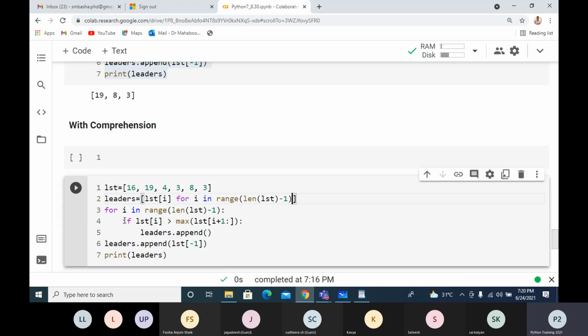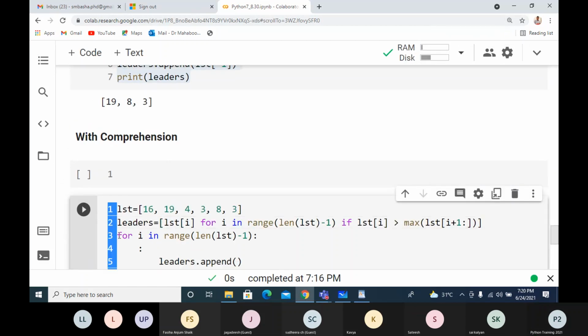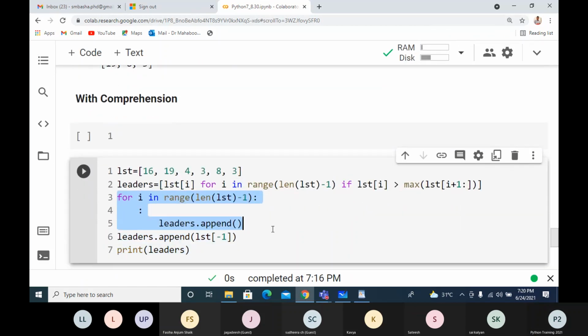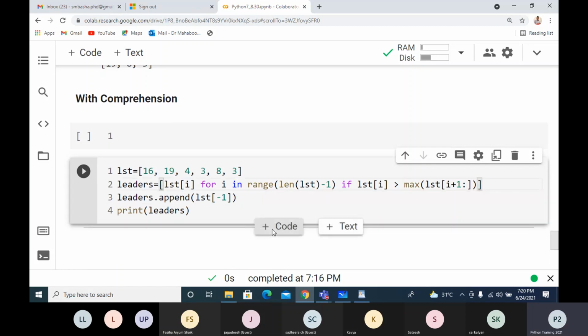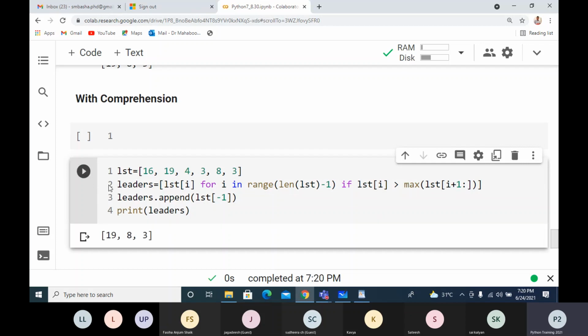Then I'll keep this statement. So this is how the normal loop is converted into the comprehension. Now we'll check whether we are getting the correct result or not. So we're getting the correct result.